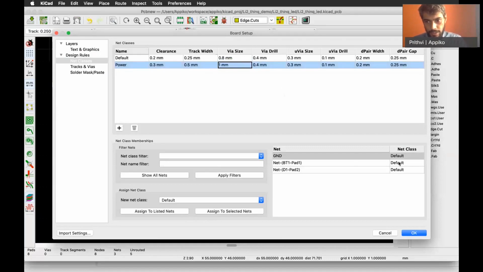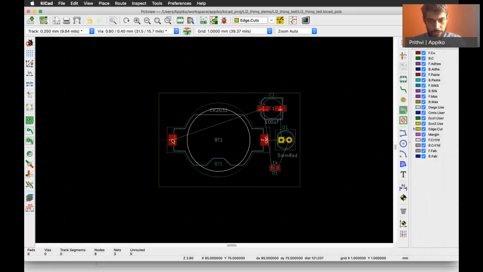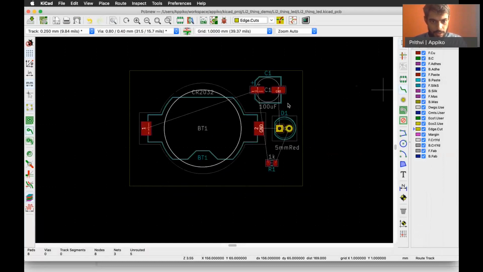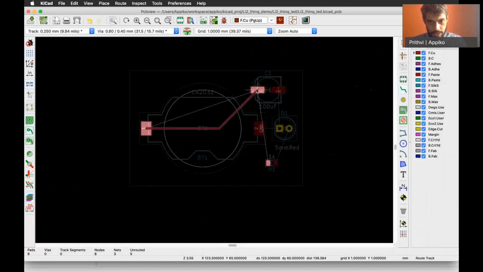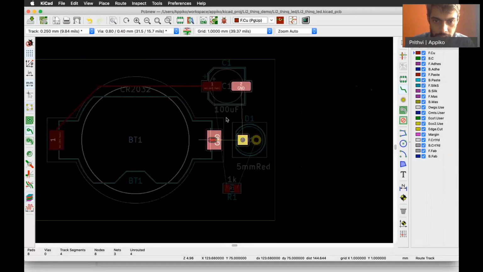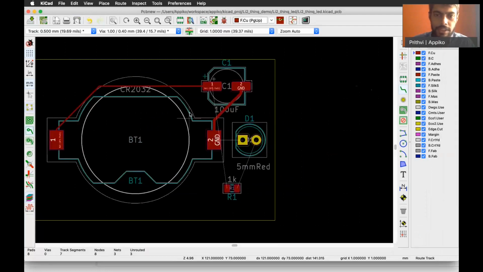For example, we can make the ground net as power. So now if you want to route, we can route tracks like this. Now if you see this ground, you will see that it is at a different track width because we set the ground track as a power track.